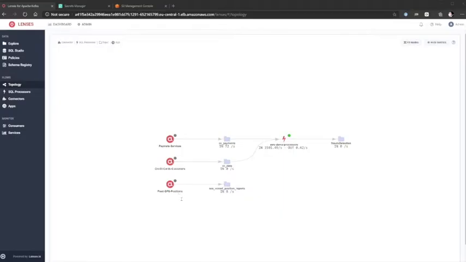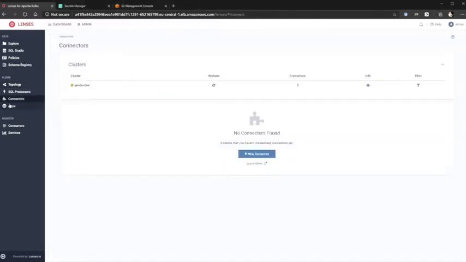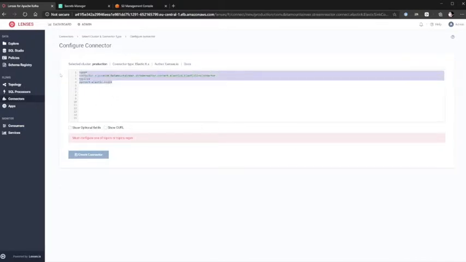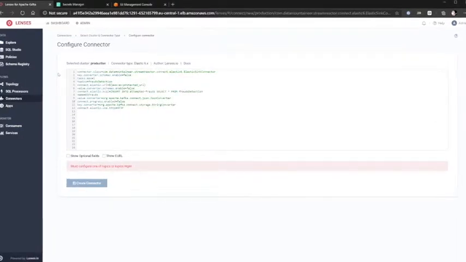So, for example, let's say we want to write this out to Elasticsearch, and that's also a service provided by AWS. What we can do is we can come into the Connect page. Here we have the connectors that have been deployed in the Kafka Connect cluster, the plugins. This Elasticsearch one,